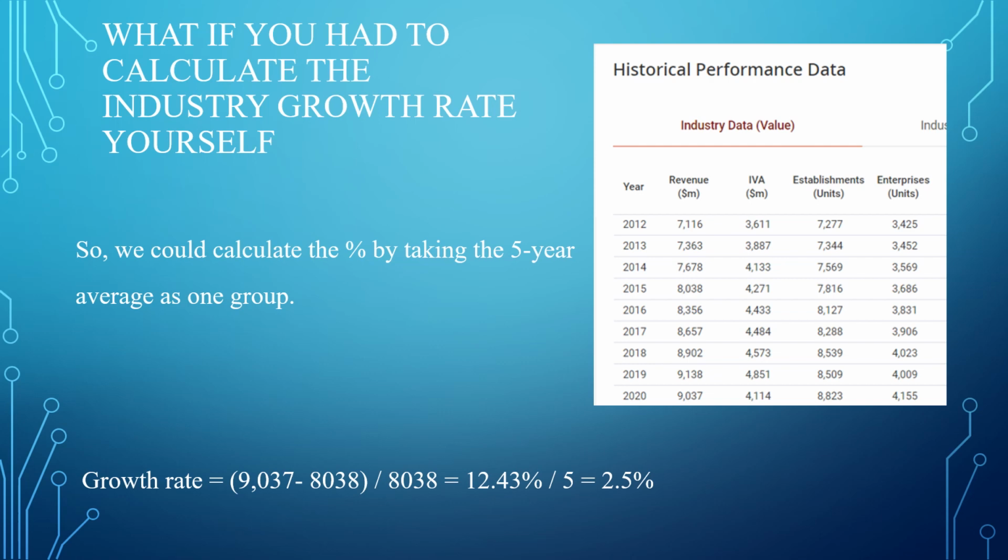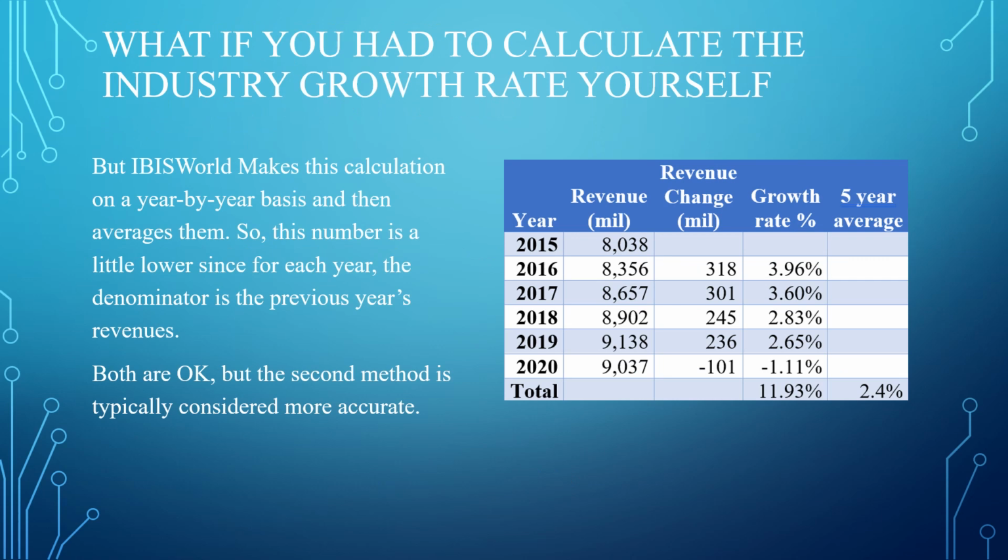But if you go back and look at your report, IBISWorld has calculated this at 2.4%, and you've just now calculated it at 2.5%. Well, why is that? It's because IBISWorld makes this calculation on a year-by-year basis and then averages them. So if the industry is growing, this number is going to be a little lower, since for each year the denominator is the previous year's revenues. If the market is shrinking,